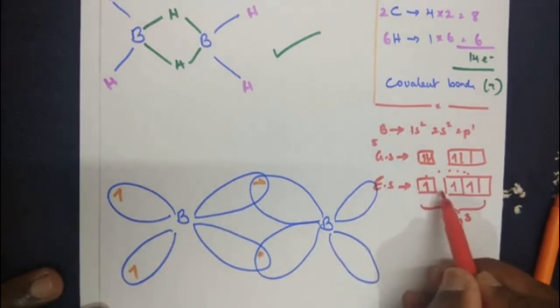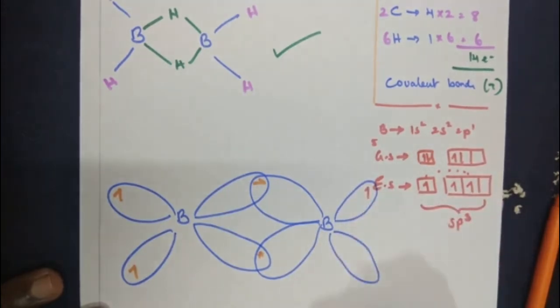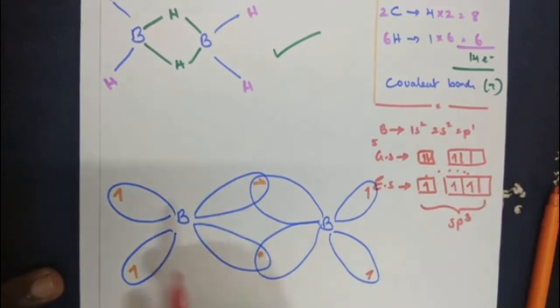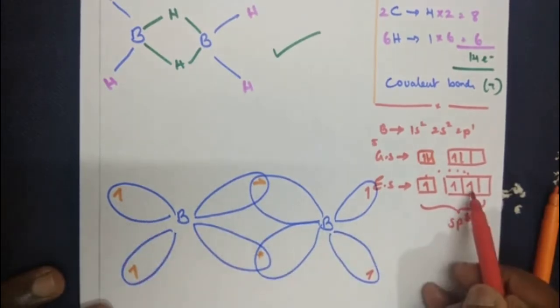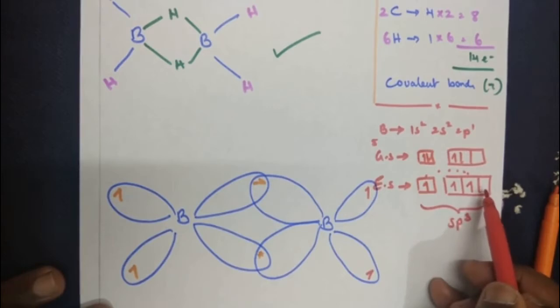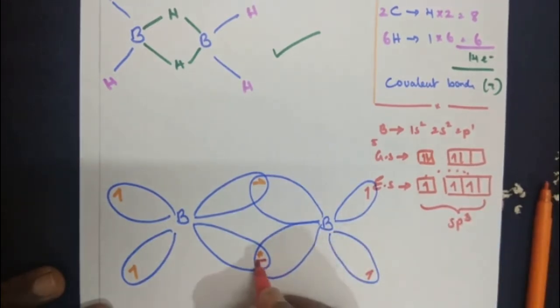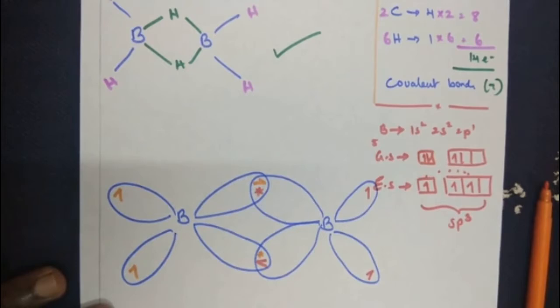The other boron also will have 3 half-filled orbitals and 1 empty orbital. As usual, we start with the terminal: 1 electron here, 1 electron here. So 2 are over. Please understand the point I'm going to tell you here. One boron has 3 half-filled orbitals, 1 empty orbital. In the case of this boron, the 2 are over at the terminal, 1 I have taken above the plane, and below the plane I have left the empty orbital. Now when we come to this boron, leave the half-filled orbital down and take the empty orbital above the plane. I hope you understand the point here.